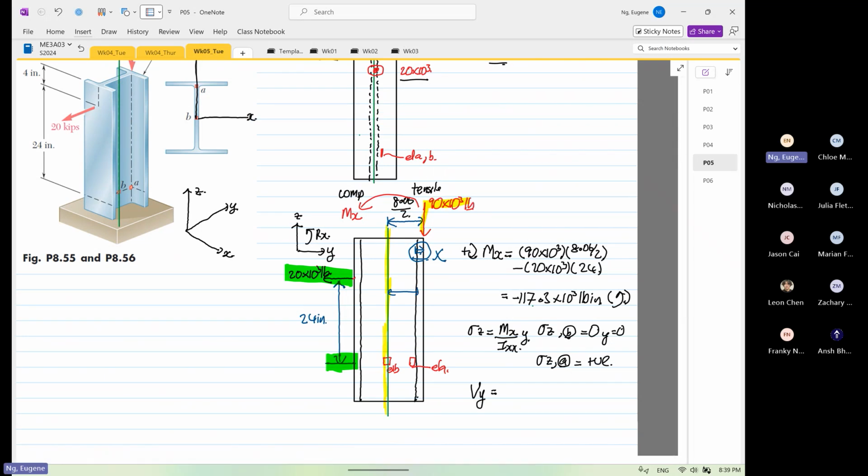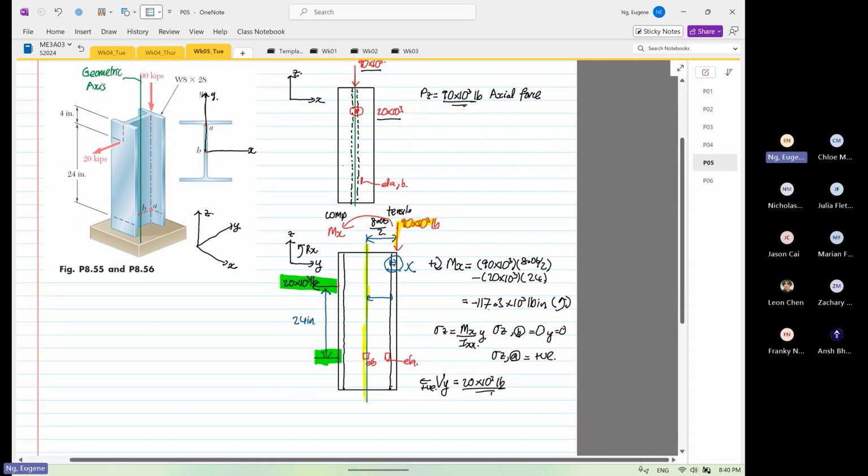And then another force to look at is your shear force in Y. The shear force in Y is going at 20, so over towards the right is positive. It's 20 times 10 to the power 3 pounds. Nothing to do with the plan view. If I'm going to sketch the plan view just out of curiosity,